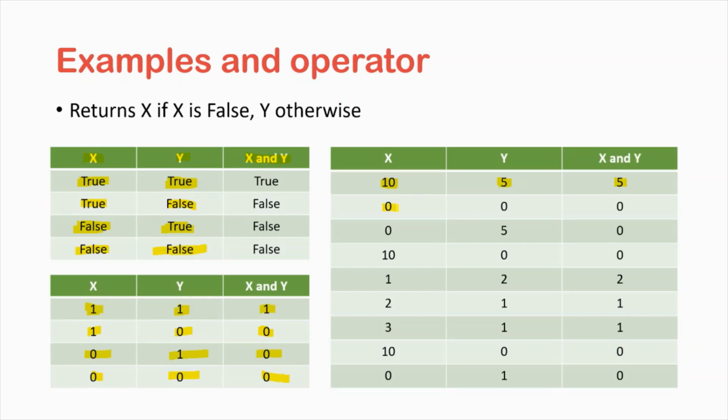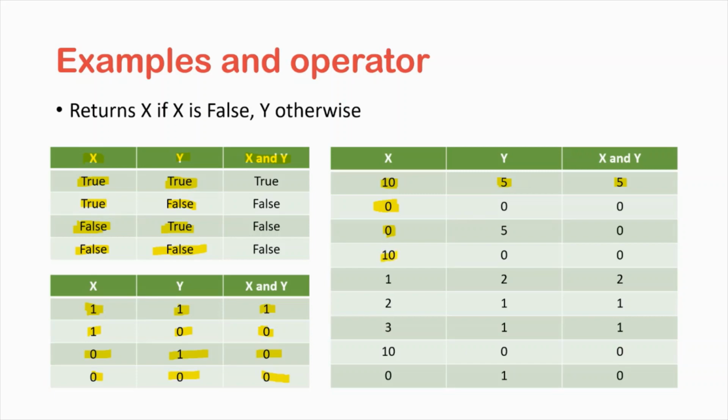Now in the second line we see that wherever the cursor is, that value will be returned. Suppose now x is 0 and y is 0. So x is false, so it will not go to y. It will directly execute and return 0. Here x is 0, so it will not go to y. It will directly tell that it is false.